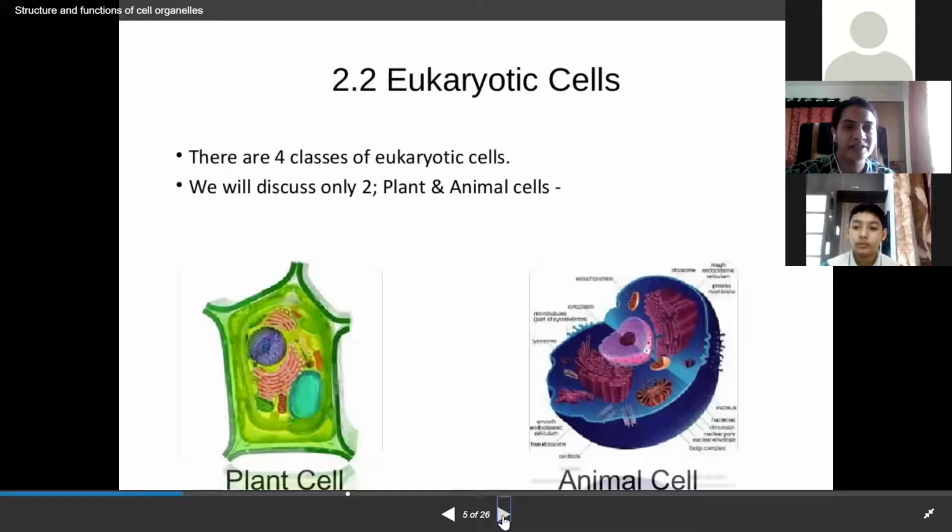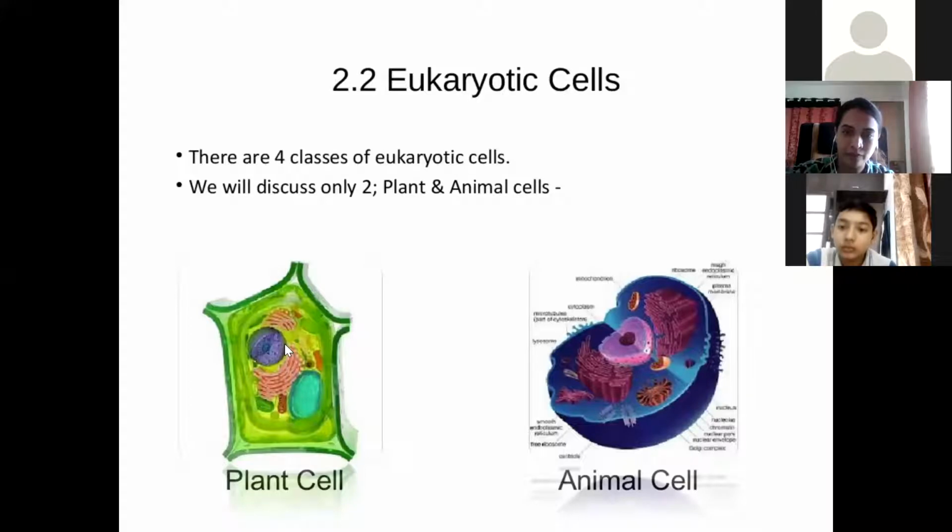Whereas the eukaryotic cells, we will be studying more in detail about plant and animal cells. So this is a generalized structure of a plant cell, whereas this is of an animal cell, more geometrical, and this is a little circular or roundish oval. Okay, and the animal cells are more flexible, plant cells are less flexible. They have a cell wall which is additional along with the cell membrane.